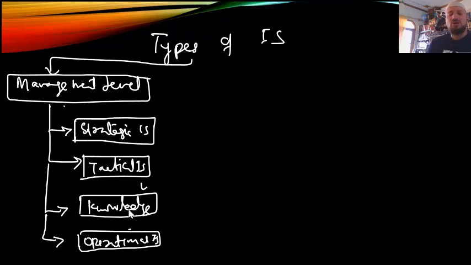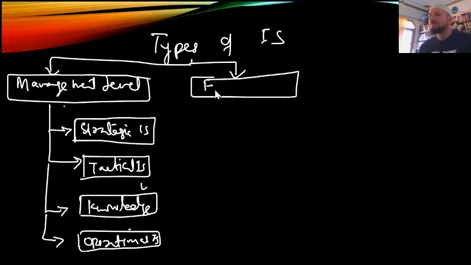So we talked about the strategic IS, we talked about the tactical IS, we have talked about the strategic level, the tactical level, and knowledge level. Then the knowledge level is the addition here, okay, where we will discuss them in detail. Then if we talk about on the basis of the functional area of management, so I will say the functional area.